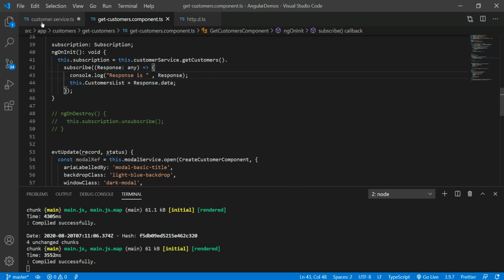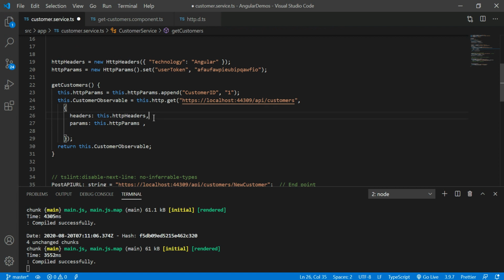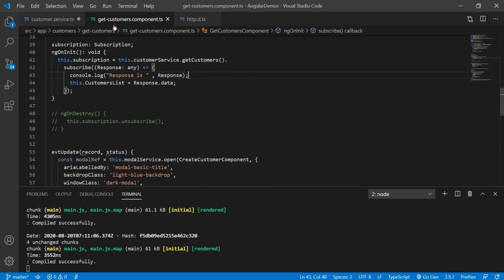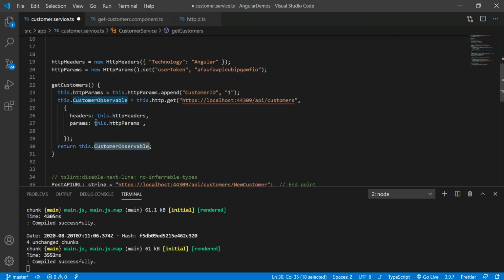By default, any kind of response from the API is taken as application JSON format. So I am giving the same JSON format to the subscribe method. Right now I am getting the response in JSON format, but I wanted to give the text format to the subscribe method.